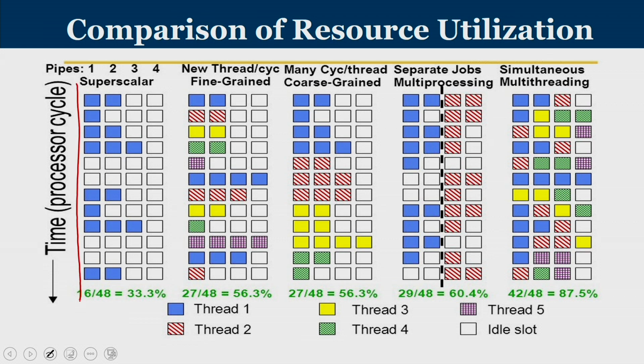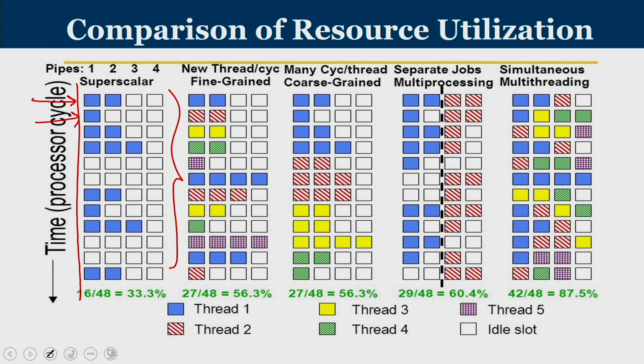So, this is a comparison chart where on the left side we have a superscalar processor. Superscalar means multiple instructions are running in parallel. Wherever you see this blue color, these are all instructions running in parallel. In a given clock cycle, there are 2 blue instructions. Here there is only 1 blue instruction. This instruction will go through all these functional units, and at the end it is going to come out. A lot of slots are wasted.